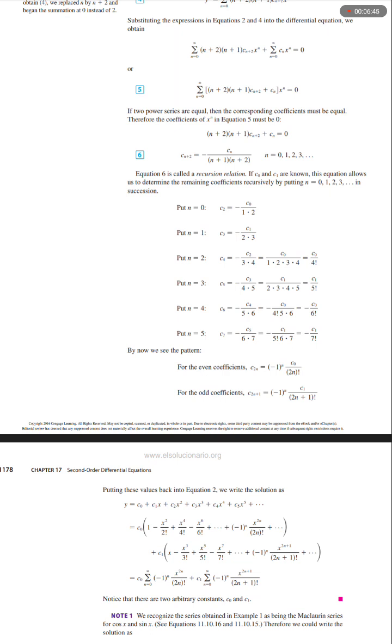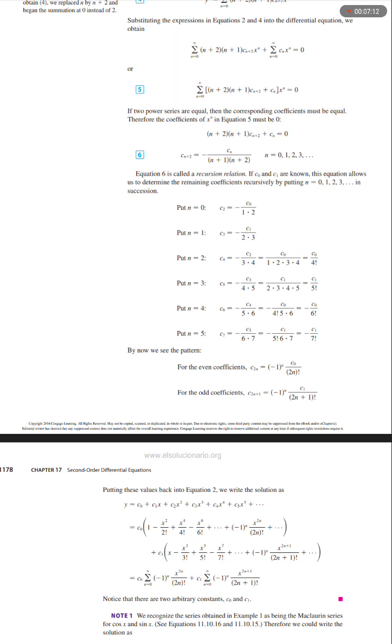Put n equals 0, c sub 2 equals negative c sub naught over 1 times 2. Put n equals 1, c sub 3 equals negative c sub 1 over 2 times 3. Put n equals 2, c sub 4 equals negative c sub 2 over 3 times 4 equals c sub naught